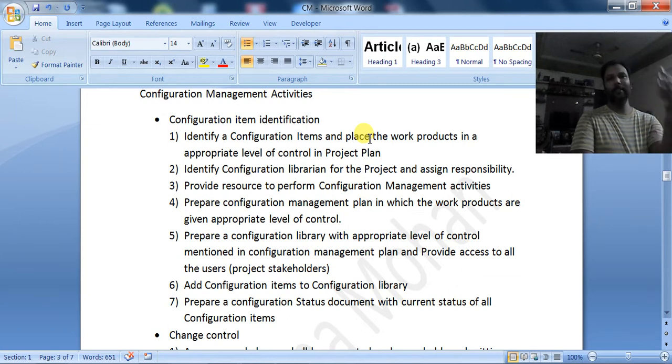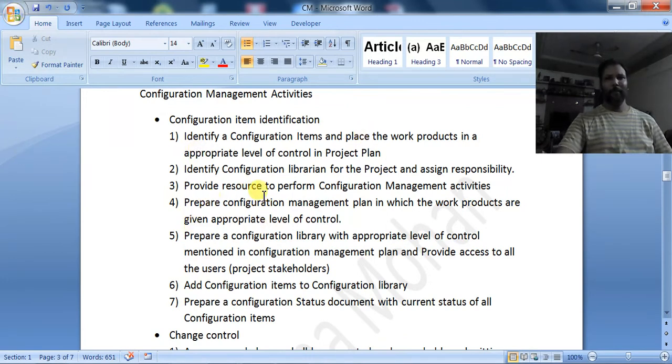So configuration librarian is the new role you may come across. Most of the time the project lead or project manager is the configuration librarian, because he has the authority to monitor all the team members.